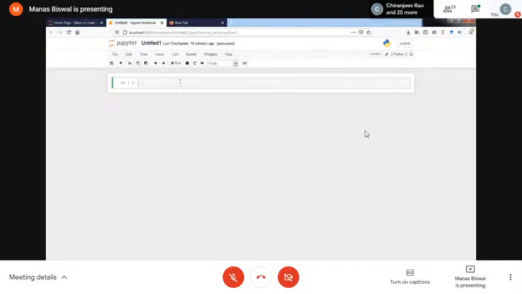What is a library? You usually call it a module. In Python there are various modules, so you have to call them as per your requirement. Unlike in MATLAB, where we don't have to call any module to code directly, in Python we actually have to call a module for its specific functions. For example, here I import